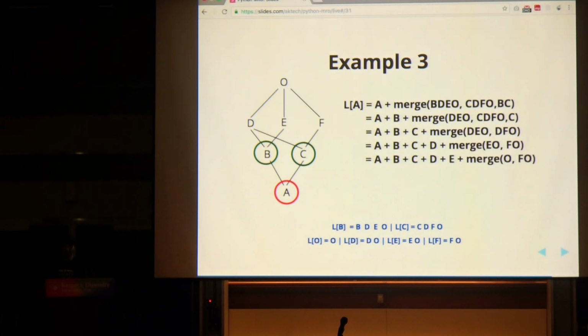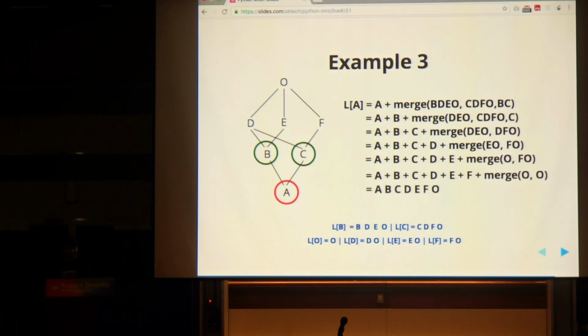And now we are left with O. O exists in the tail of the first list, as we have seen earlier, it always exists in the tail of any other list, so you cannot remove O. So we'll go with the next list, that is FO. F does not exist in the tail of any other list, that is O itself, so you can safely remove F here. So the lineation becomes A, B, C, D, E, F, and we are left with O as always. So now you can clearly remove O as well.